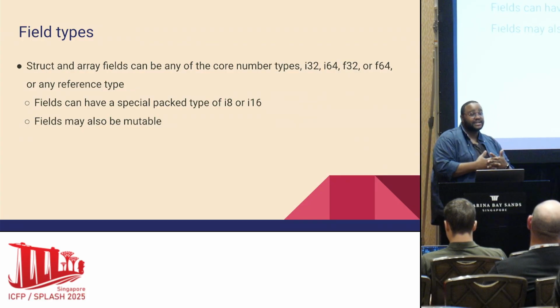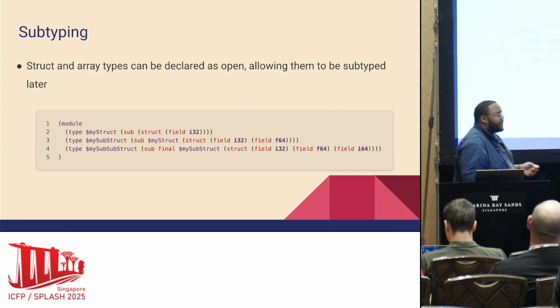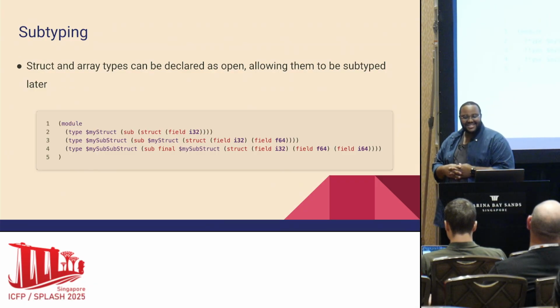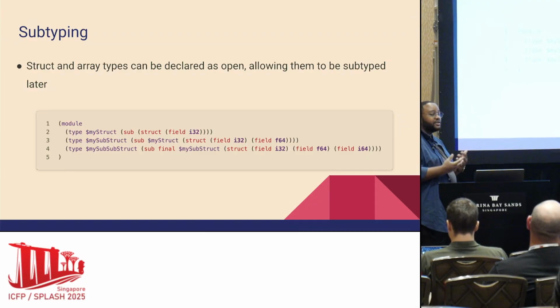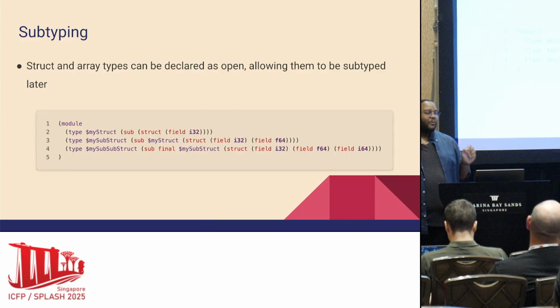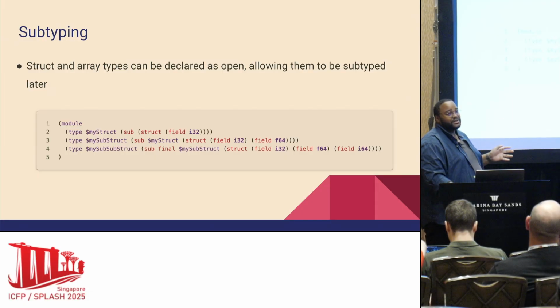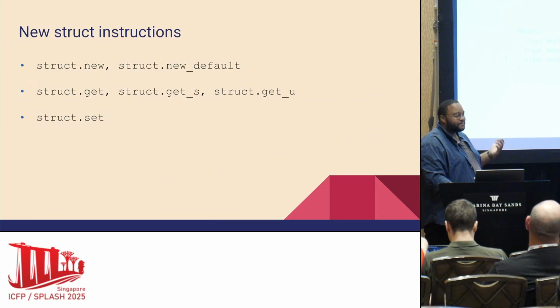Fields can have a special packed type, so they can be packed I8s or I16s, and fields, of course, can also be mutable. We also get a wonderful subtyping system where you can declare your struct and array types as open, and that allows them to be subtyped later. So this is a big deal. One thing that I'll note here is that the way the subtyping system works, an array is a subtype of another array if its field type is a subtype of the other field, and for structs, it's the first N fields of that. This actually is really elegant, in my opinion, for how this works,